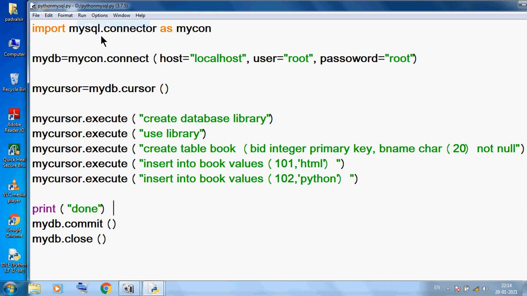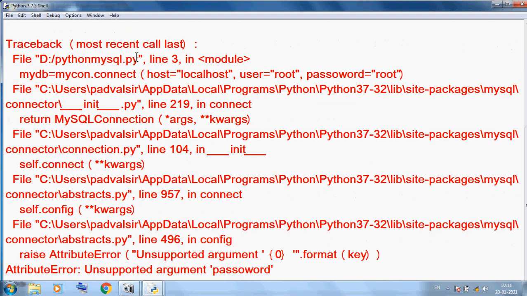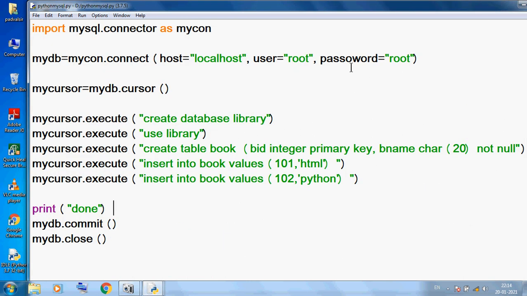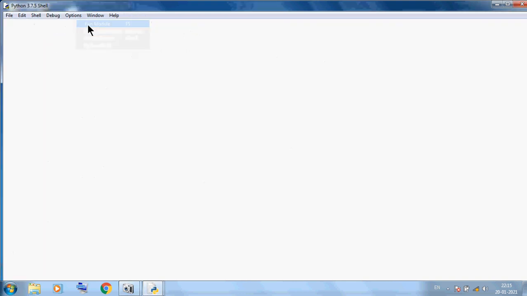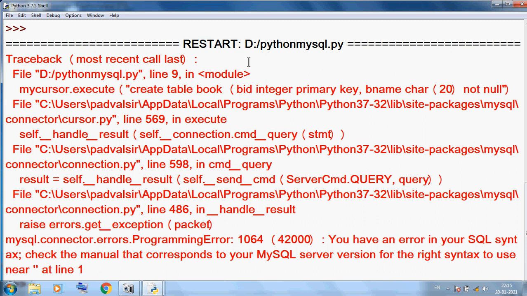Okay students, now you can see here the password spelling is a mistake, PASSWORD. So I want to save and run this program again. Here one thing we want to change, there is some problem.